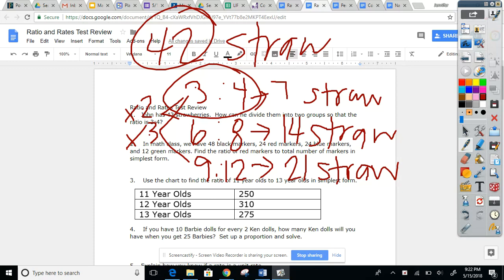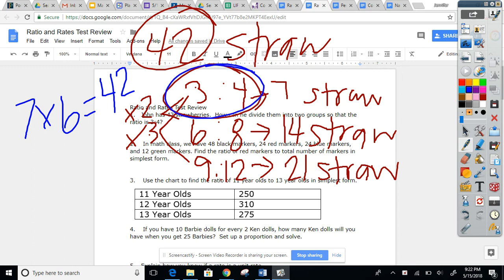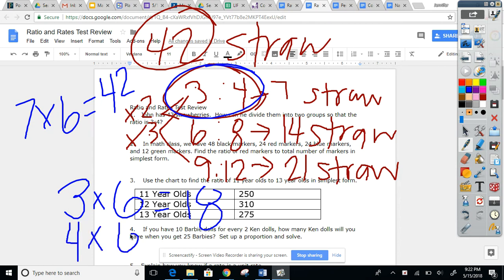Okay, so what can I multiply 7 by to get 42? And that would be 6. So that would mean that 7 times 6 is 42. That means that I'm going to take my original ratio and multiply each one by, what do you think? Probably 6. We'll see if that works. 3 times 6 is 18. And 4 times 6 is